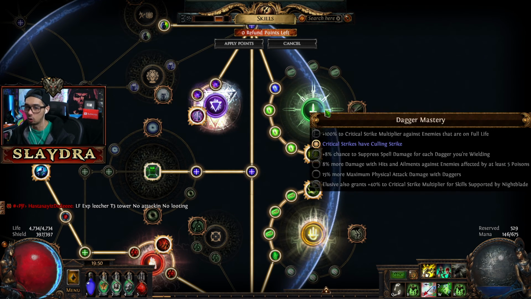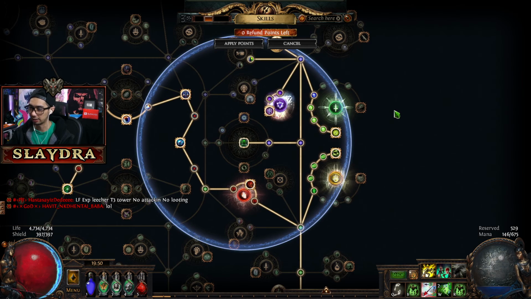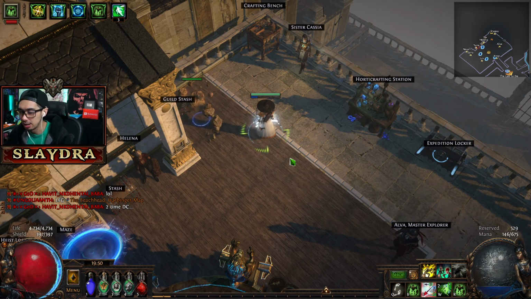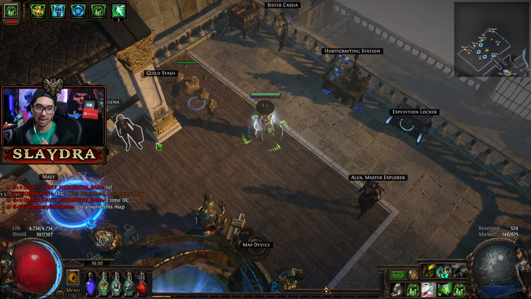Definitely consider getting Culling Strike because that makes it so when the enemies are at 10% or under, they just pop. It's awesome. It's one of the greatest things ever because bosses tend to get harder and harder as you have the next phase of a boss. So definitely get that. Another thing I wanted to mention, since we're going over the build now in terms of damage,